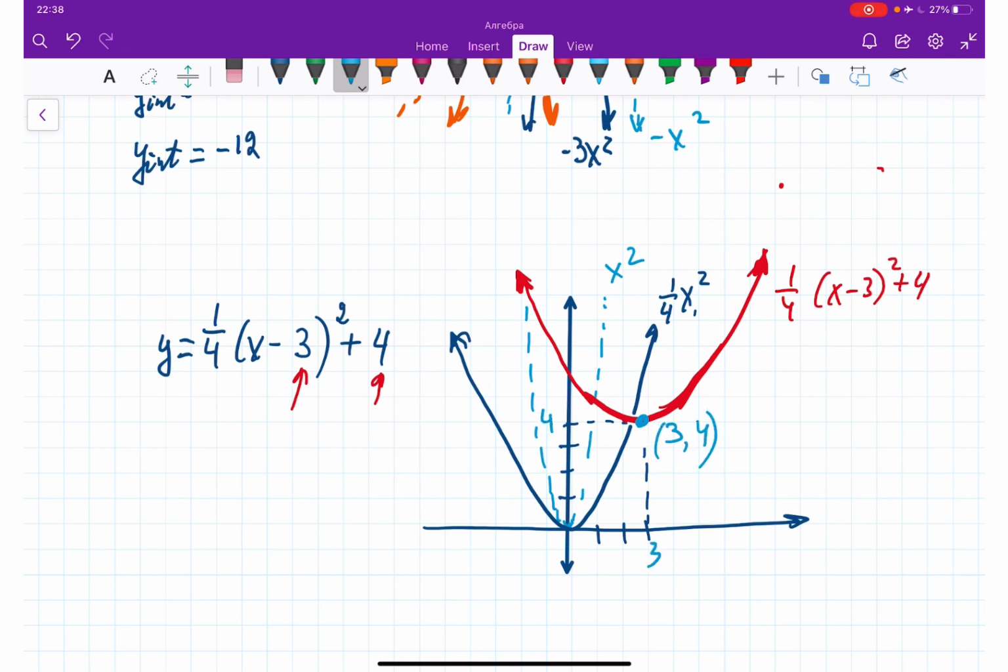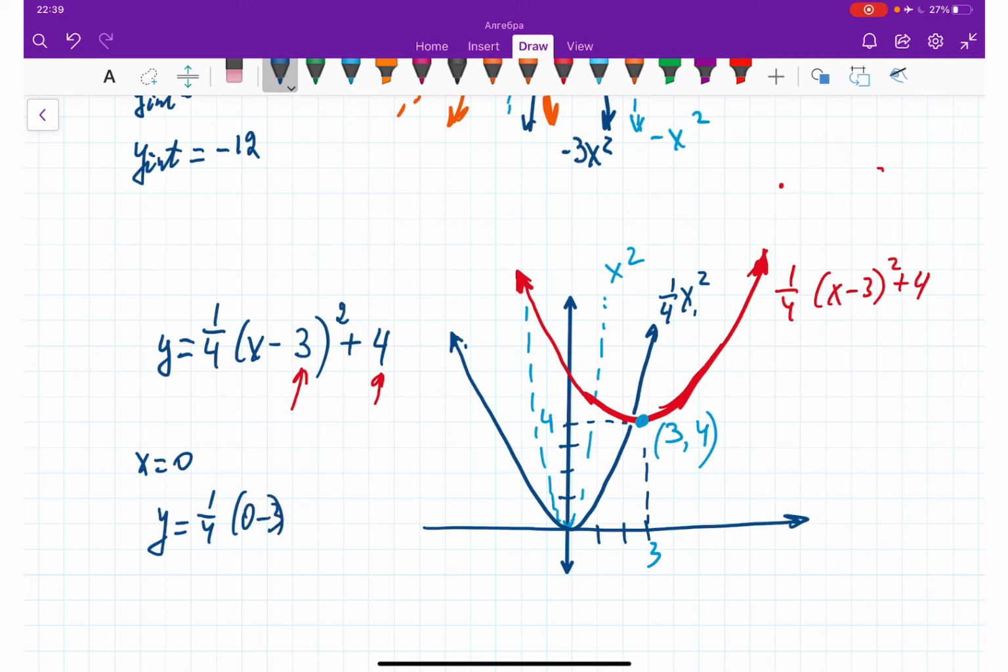+3, +4. As we can see, it doesn't have any x-intercept, but it's crossing the y-axis somewhere. Let's see where it's crossing. So to find out the y-intercept, we take x equal to 0, and y is going to be equal to 1/4